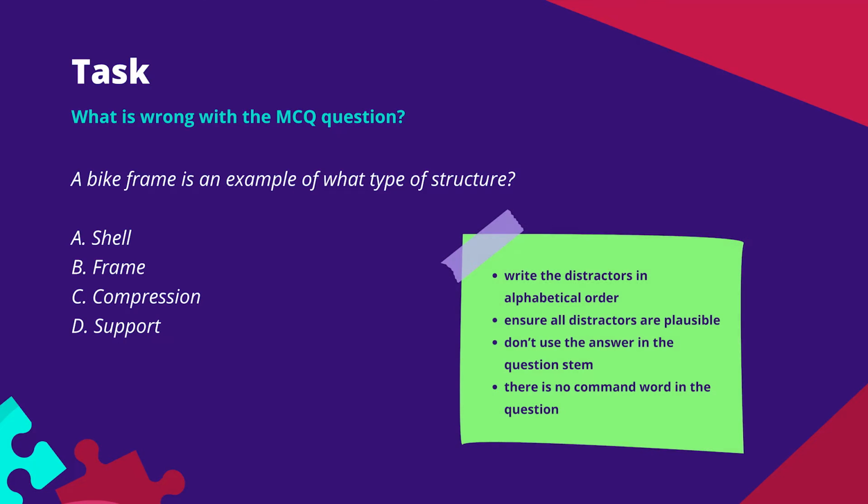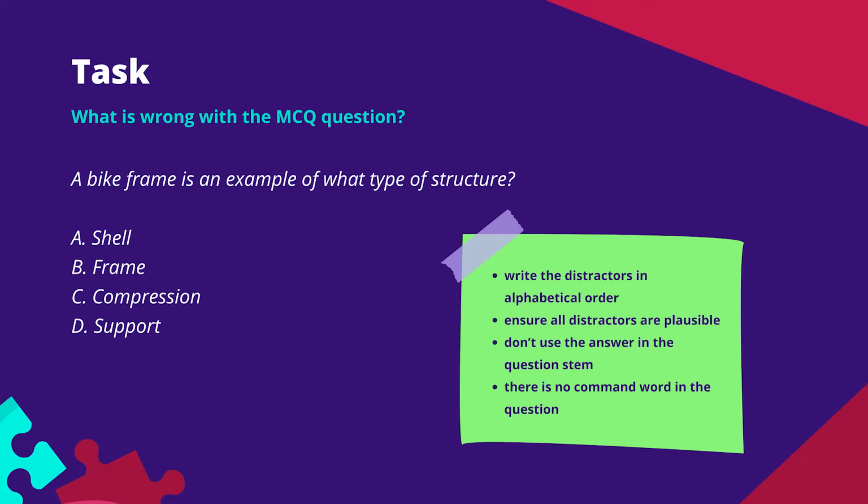It doesn't currently assess what we want it to as accurately as it could. So firstly, the distractors aren't plausible. There are only two types of structure here, which means that we end up with a 50-50 guess on the remaining two potential correct answers. The answer is in the question as well. You can see frame is written here in the question and frame is one of the answers, giving the question